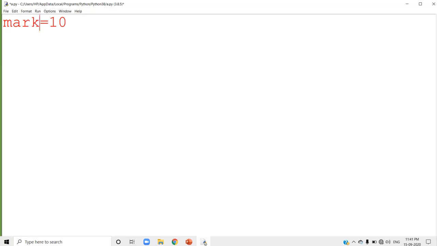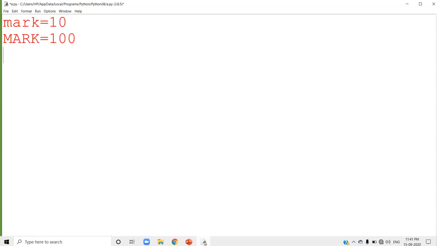I told you that you can use a sequence of alphabets as a variable name. Here mark is a variable name. It can be either capital letter or small letter. So I am going to write mark equal to 10 and another one, Mark equal to 100. These are considered two different variables, not the same.